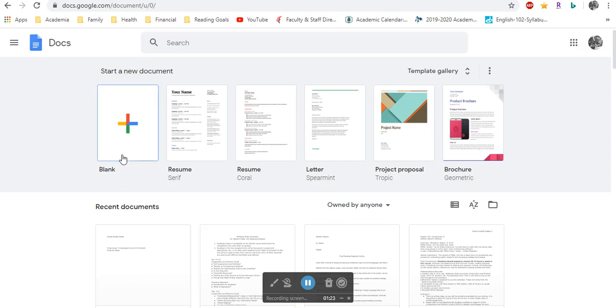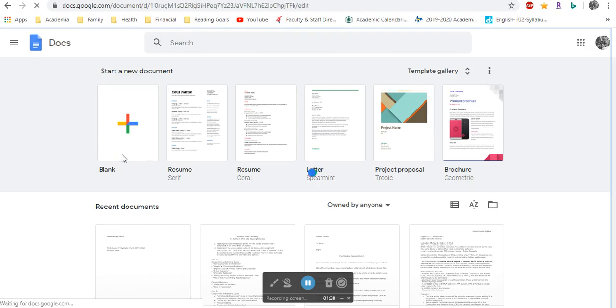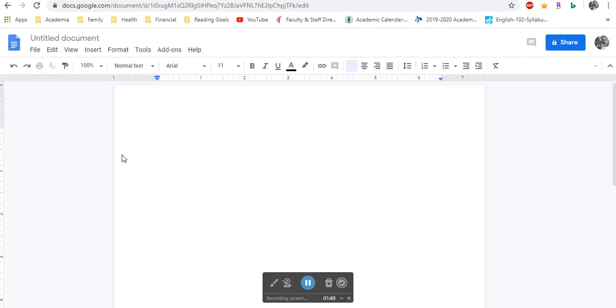So in order to set up an MLA document, there probably are some templates here, but I'm just going to ignore the fact that those might exist and go ahead and set up one based on what I know about MLA and how to format in Google Docs. And I think this is really beneficial. I opened a new document, as you see, to practice, because by doing this you'll learn how to format all